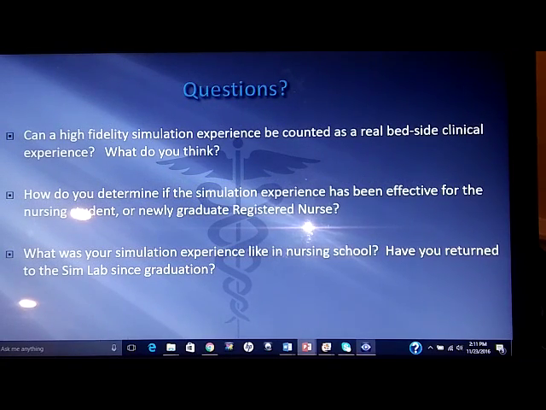So a few questions I have is, can a high fidelity simulation experience be counted as a real bedside clinical experience? What do you think? We already know that 50% can be substituted. And how do you determine if simulation experience has been effective for the nursing student or newly graduate registered nurse? At the very end, we debrief and ask for their opinion. They fill out a survey, and we'll take that survey to